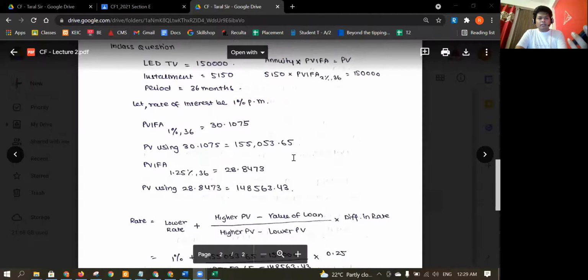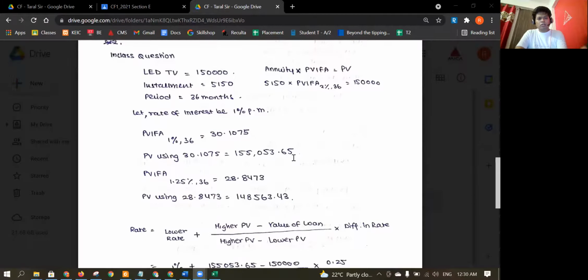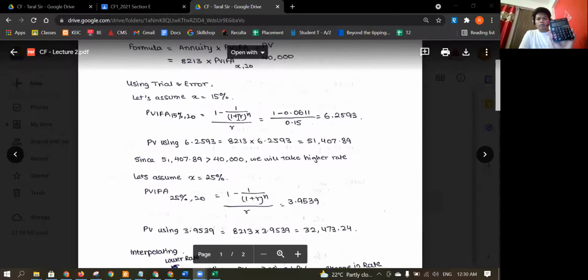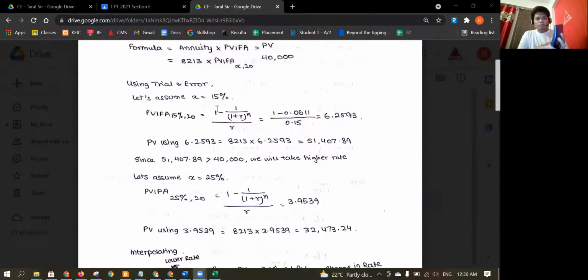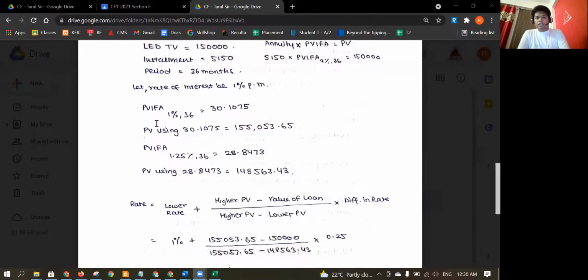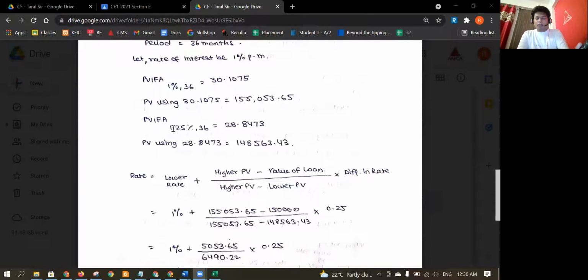Share screen. Okay, so you can see that 1% per month, 36. Yeah, so again it's this formula. So this was only the first part. Then you calculate the PVIFA, right? So divided equal to minus 1, divided by 0.01. So it's again 30 point this. So you calculate 30 point this and you multiply that with 5150, and you calculate again at 1.25% for